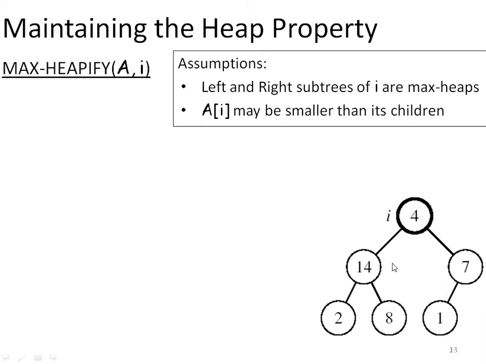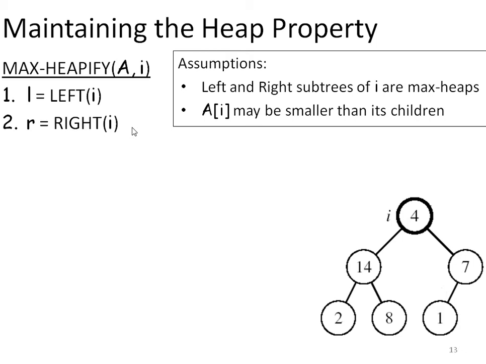And we also know what we have to do first. We have to compare this 4 with its left child and its right child. The first point is I have to obtain the indices corresponding to the left and right child. Since it is a heap, L is present at index position 2 times I. So this Left(I) is a function which simply returns the index of the left child, that is 2 times I. The right child is stored at index position 2 times I plus 1. So this Right(I) will return that particular index value.